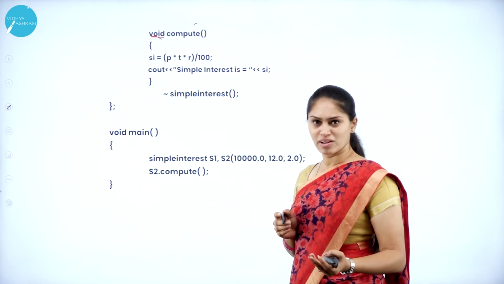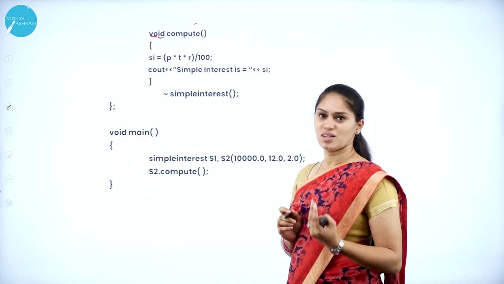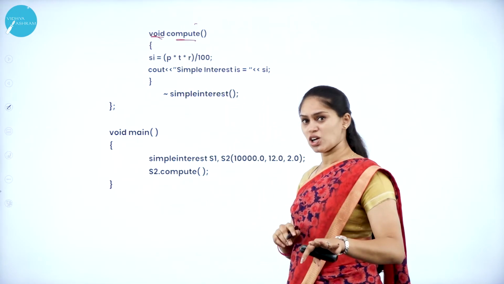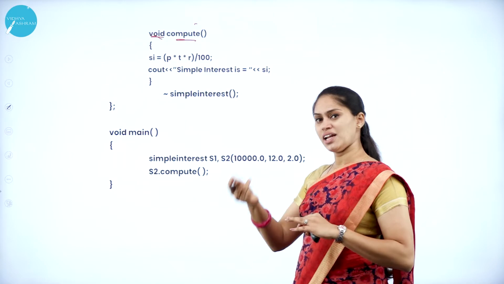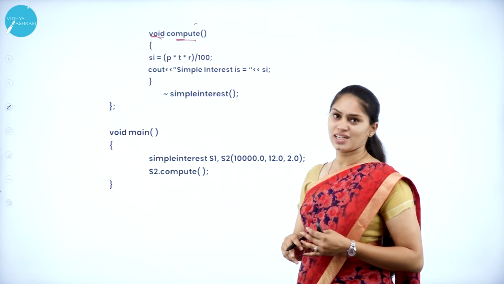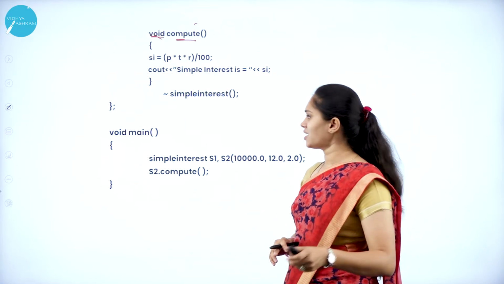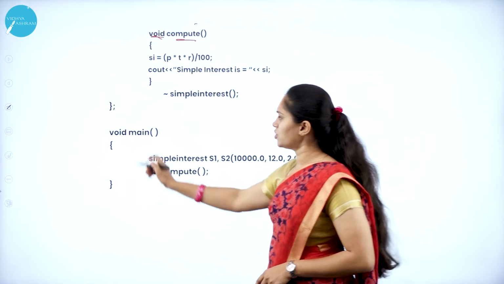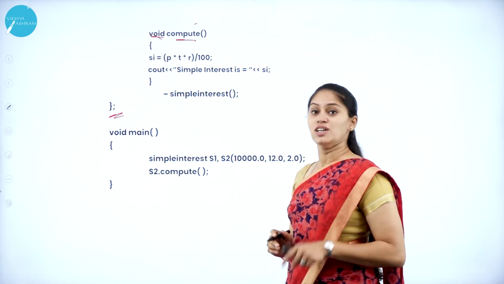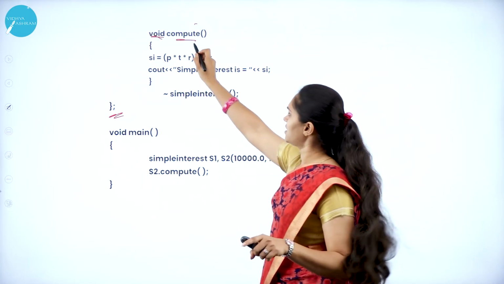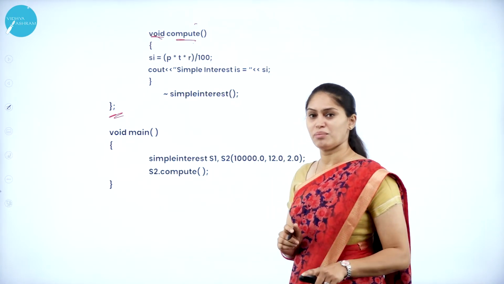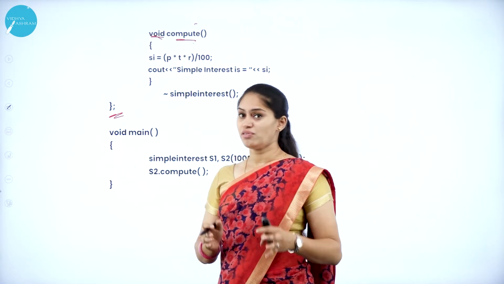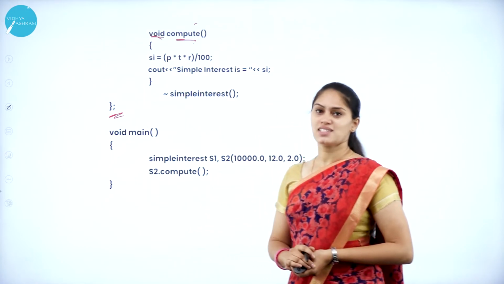It is just a member function or a simple function, that is compute, and you have to check whether it is defined inside the class definition or outside the class definition. So go to the class and check, did I close the class scope? No. So here I have the end of the class, so I can recognize this as the definition of a member function inside the class definition. I am defining the member function inside the class definition.